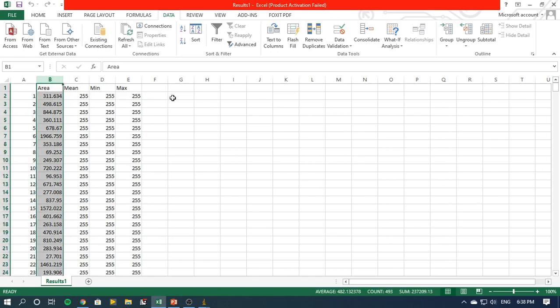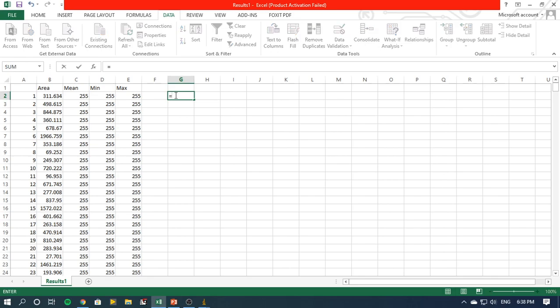Now after that, what was our aim? We wanted to find out the size of the particle. Size means diameter of the particle. So first this area has to be converted into radius. I will simply divide it by 3.14, so I get radius square. Then I will take the square root of this. Once I take the square root, I'll get the radius.